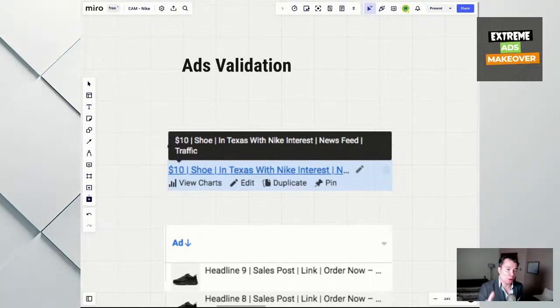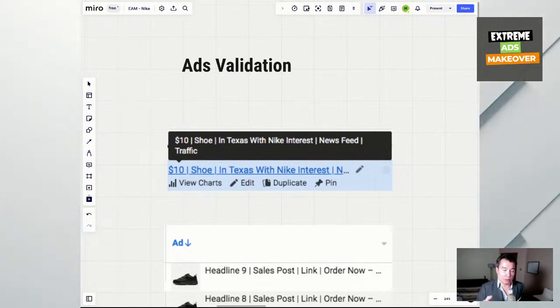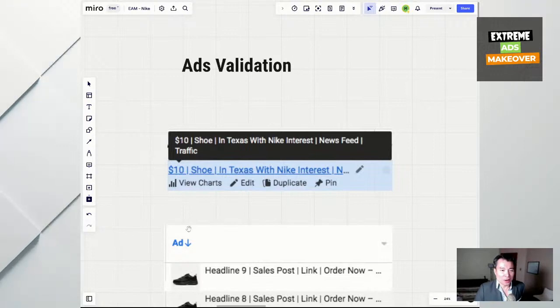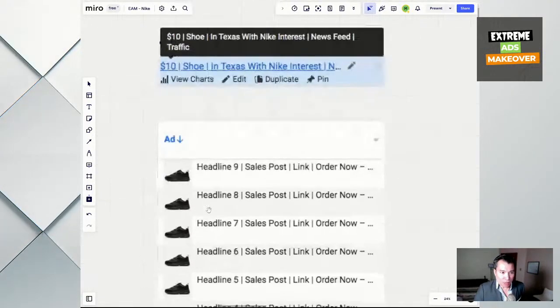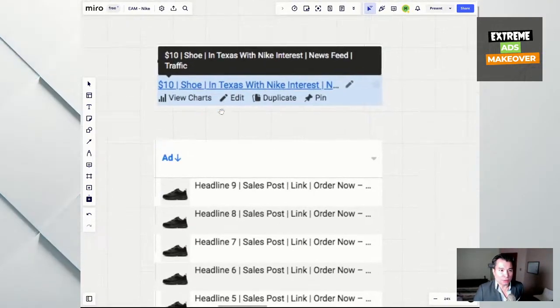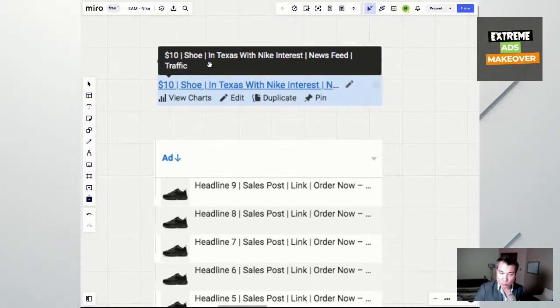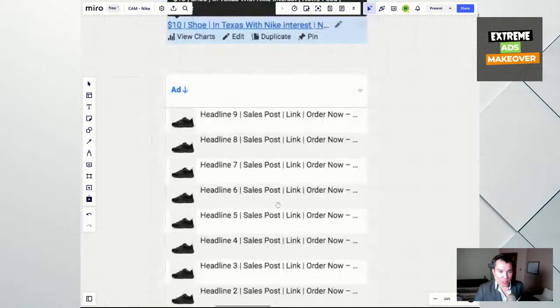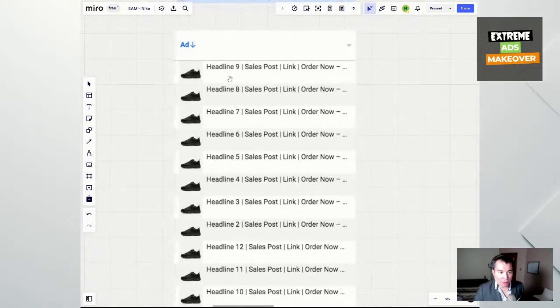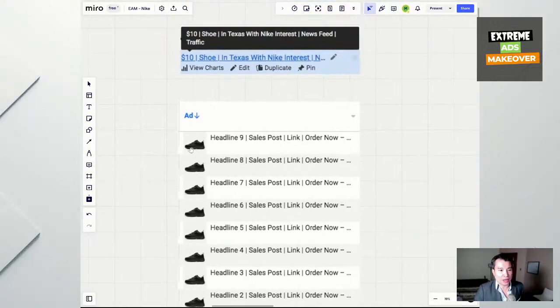I'm using Facebook over here because if I used all of the platforms out there, it would make this live stream days long, right? So here's the ad validation. This is the asset, and I'm targeting a $10 shoe. People who love shoes and have Nike interest, in the news feed. As you can see in this screenshot, I use the same creative, the same image, and the same landing page,